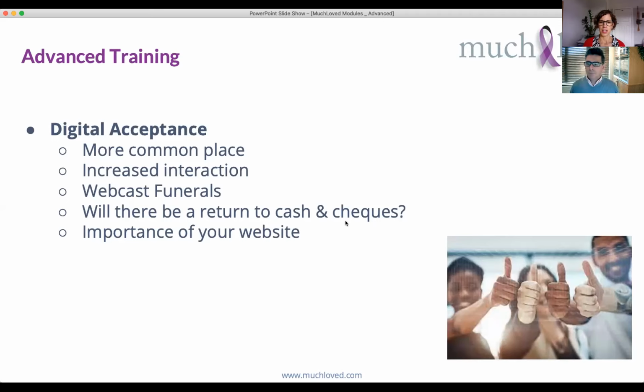And then the third question is, do you know what an NFC tag is? This is a little bit of a market research opportunity for me, because it's something that we're looking into. So it's near field communication, and it's a wireless connection that can be used to transfer information to and from your mobile phone. So the idea is that you can hold your mobile phone close to this tag or reader, and you can pay for things. So you can actually pay for things like shopping, but also you could make a donation through a funeral notice through one of these tags. So just interested to see what people's opinions are on this.